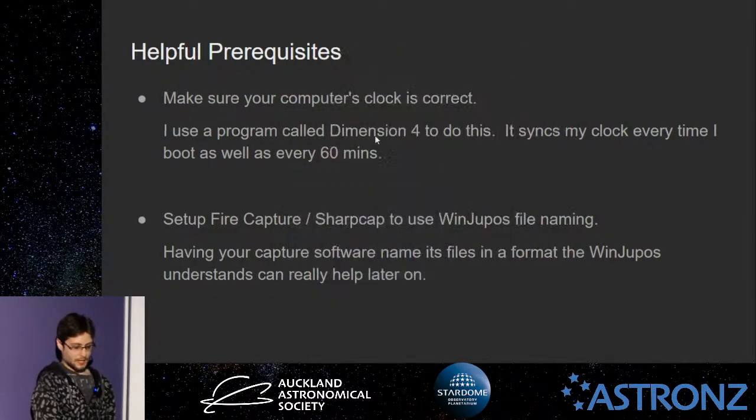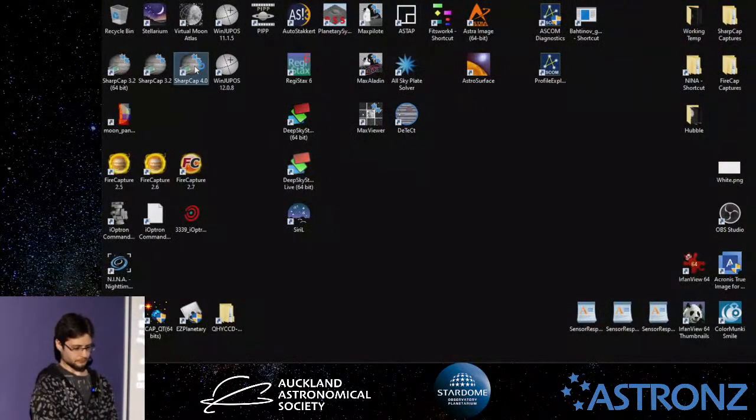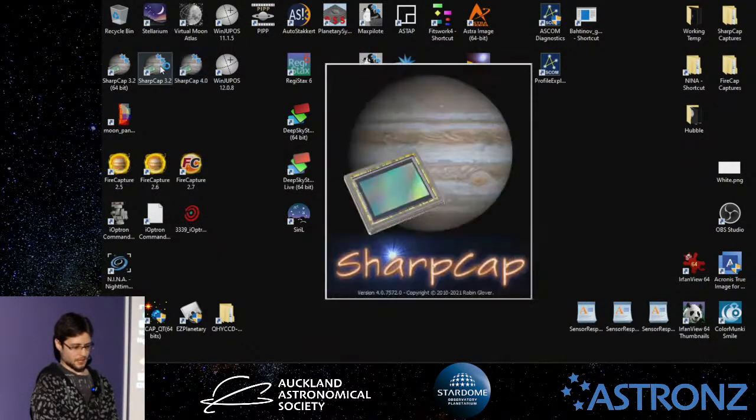the better. Another thing to do is change the settings in your acquisition software, SharpCap, Firecapture, to name your files in a WinJUPOS format. Once again, it's not necessary to do this, but it makes things a lot easier when importing your images into WinJUPOS because the images don't have metadata in them. So WinJUPOS pulls all the information it needs out of the file name itself. So in, not that one, that one's expired. In SharpCap,